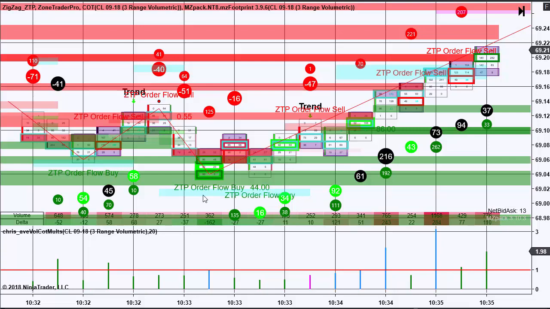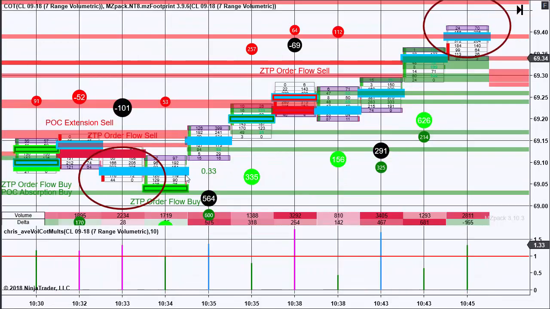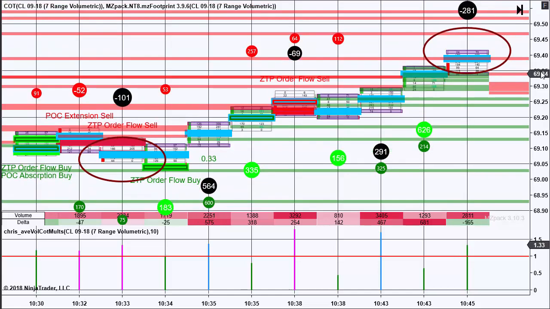At 69.04, where you saw the second high volume node on the larger time frame chart, again we have a ZTP order flow buy along with significant absorption, which is indicated by these green boxes here, followed by a second ZTP order flow, and then the market started up. On this trade, after getting long somewhere in the 69.10 area, we take that up approximately 30 ticks to that high volume node area, where we get again a significant number on the delta strength indicator of a minus 281